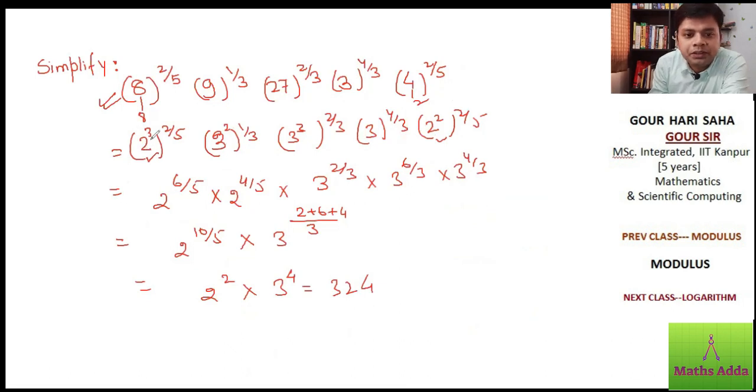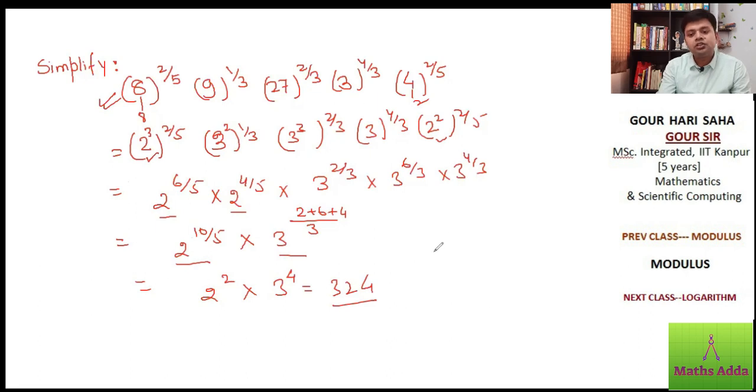Now this is a to the power m to the power n. This is a to the power mn. Similarly here 2 to the power 2 by 5, so it is 2 to the power 4 by 5. Similarly, simplify all the terms. Now a to the power m into a to the power n, it is a to the power m plus n. Same thing applied here, simplified, you get the answer 324. So this is how we will be applying the laws of exponent formulas.